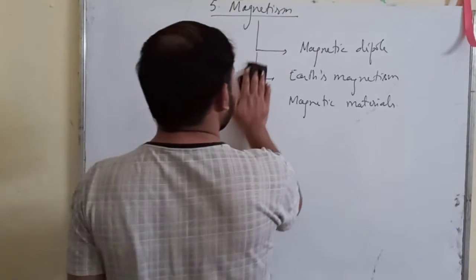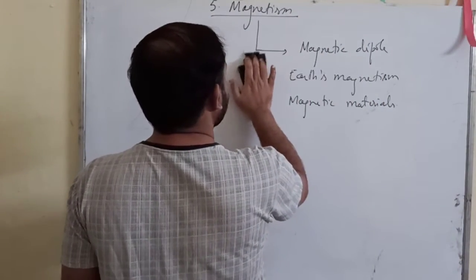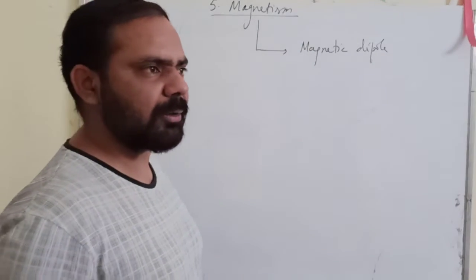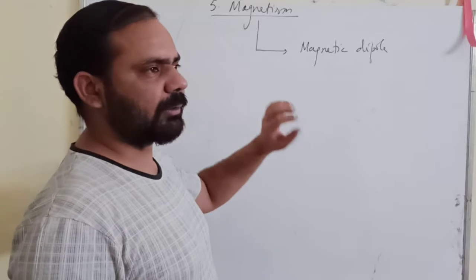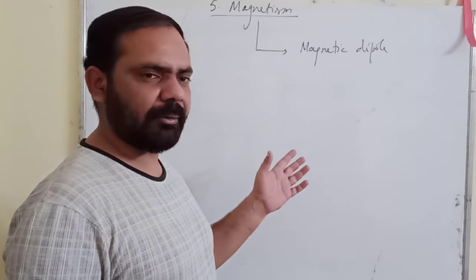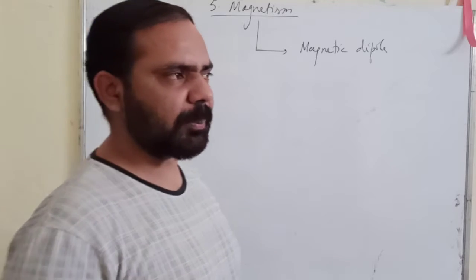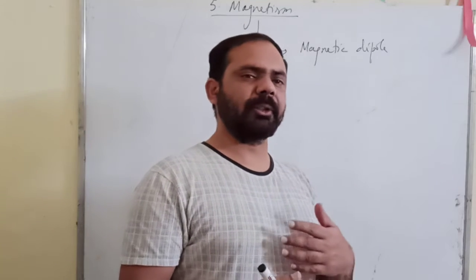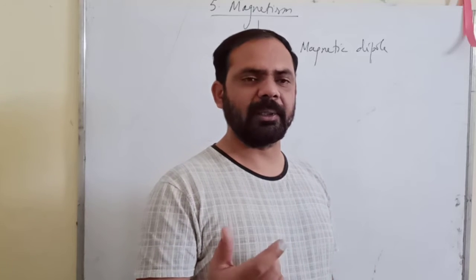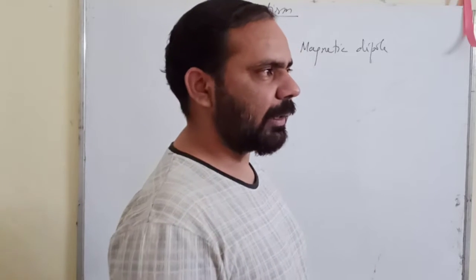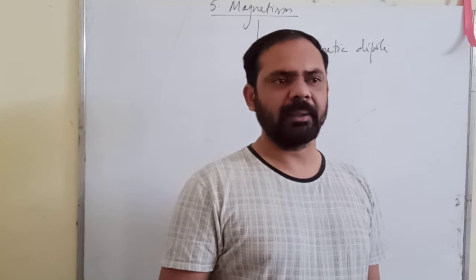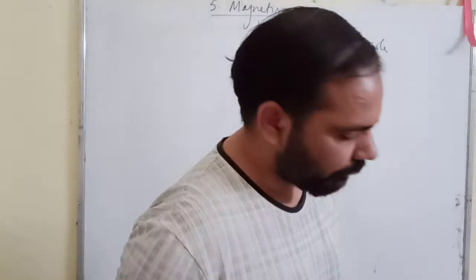Most of the things here I will not derive, because the method is just similar to the method we used while obtaining the expressions for the electric dipole. What we need to do is just replace the symbols of the quantities, like electric dipole moment will be replaced by magnetic dipole moment, and other quantities.